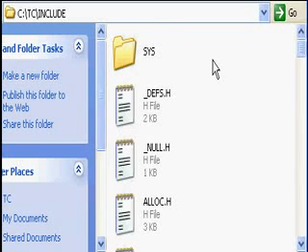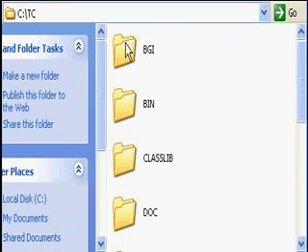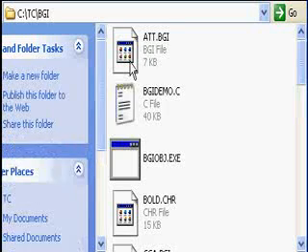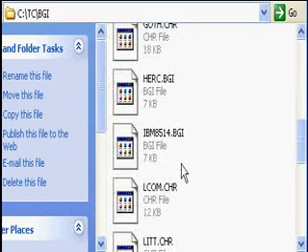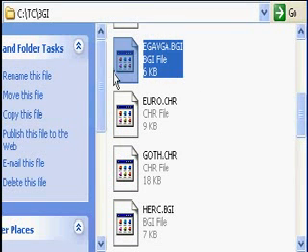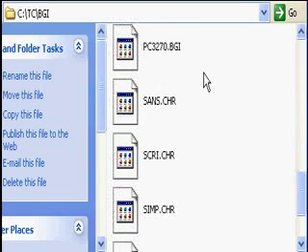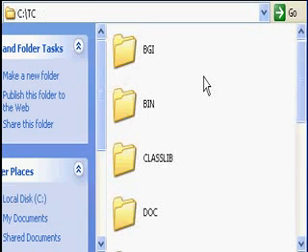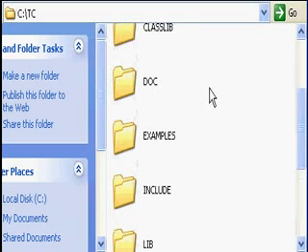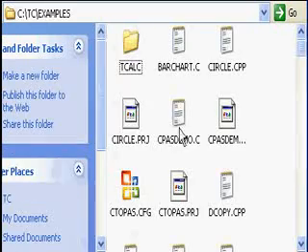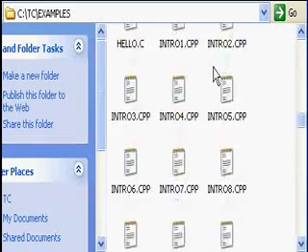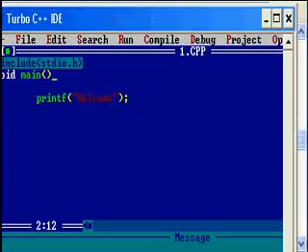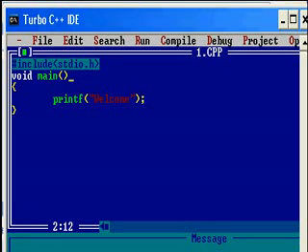If you are using graphics, you should include this graphics.h, and you can see the BGI folder there. If you open the BGI folder, you can see some files with the extension BGI, and this is Borland Graphics Interface files, especially EGAVGA.bgi. That file is much required when we are using graphics in our C language programs. If you open examples, you can see some examples, and this is a new